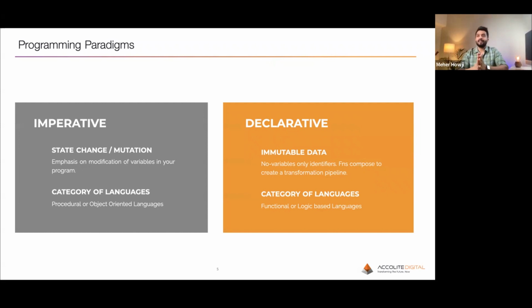Because if we look at the history of how programming languages have evolved, you would see that initial programming languages used goto statements to transfer the control of flow. You will have a huge file with hundreds of lines of code, and at line number 20, you will say that I want to jump to line number 3 for executing something. Let's say if I want to repeat something, then I would say go to line number 6. And that's how you would use this simple idea of goto, which is jumping your control